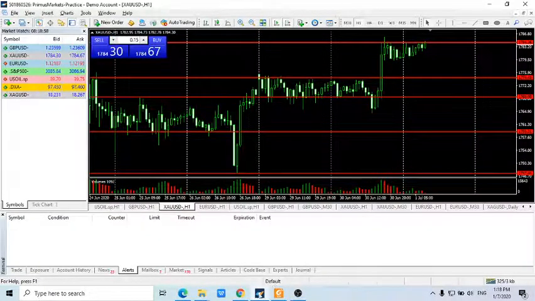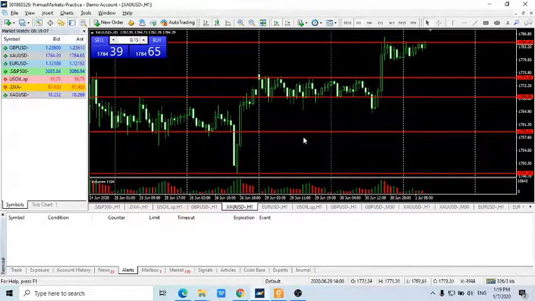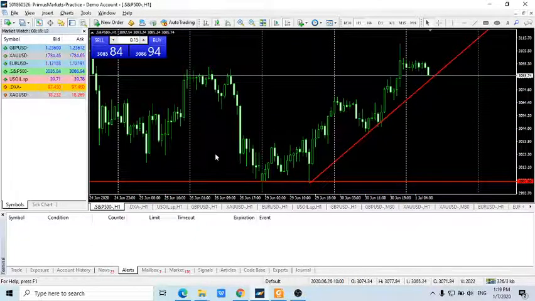Anything else I'm missing? That would be the movements for the major currencies and also major commodities, and also for the S&P 500. I hope you guys will have a great trading week